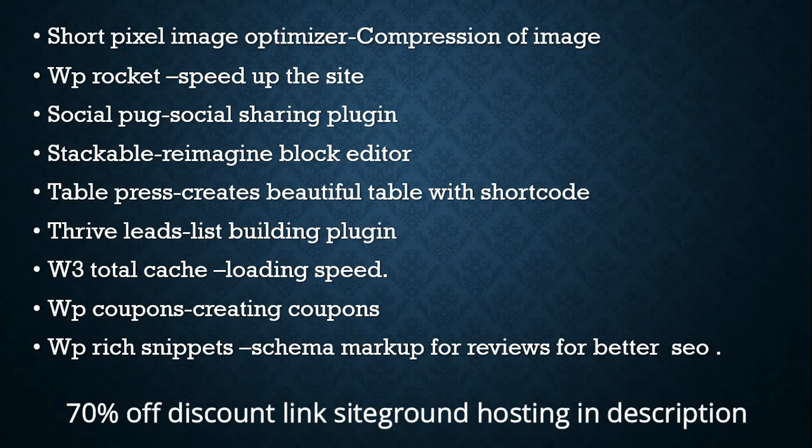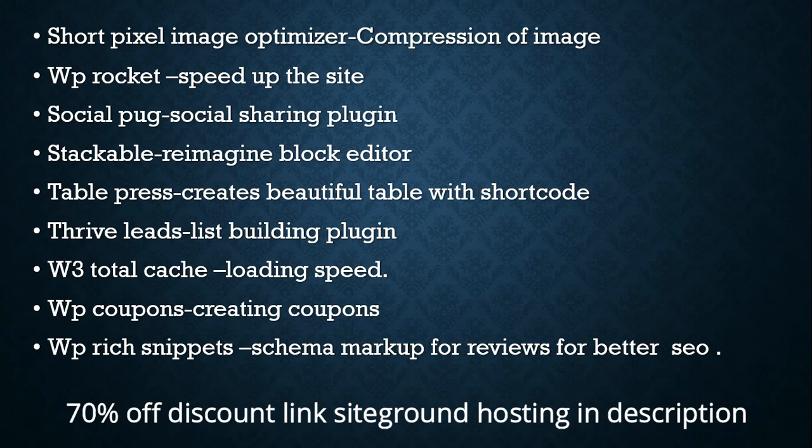And the next one is WP Coupons. This plugin is used for creating coupons. They will give an affiliate link and some offer of 30% or 50% in different affiliate marketing links. WP Coupons will create a coupon. You can create a coupon depending upon your offer, what you are getting via affiliate links. And you can display the coupons on your website and it increases your revenue.